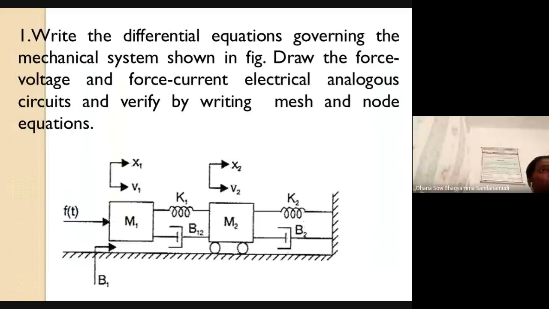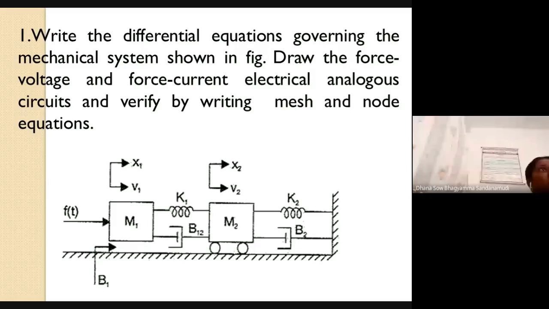This is a mechanical translational system which has been given to us. Whenever a mechanical translational system is given, you can write down the force balance equations for it. We have already solved the problems. I have forwarded the PPTs to you. I hope you have gone through them. If you have not, you won't be able to understand today's class. So you must be regular, and you must go through each and every topic which has been forwarded to you. You must understand them, and if you have doubts, you must ask.